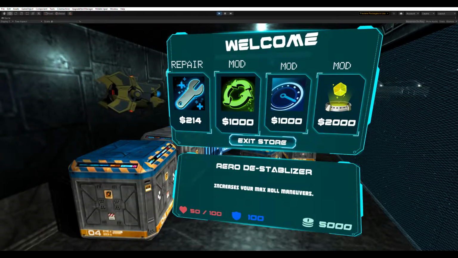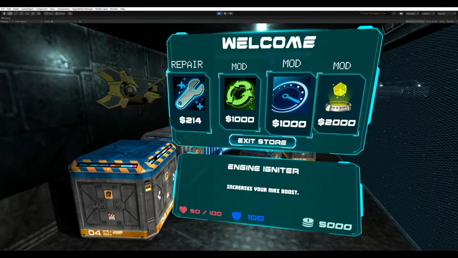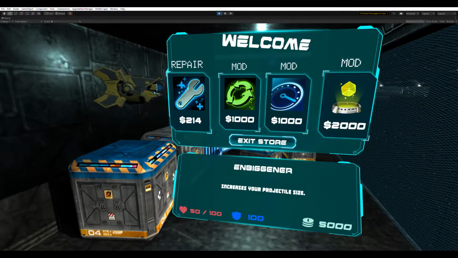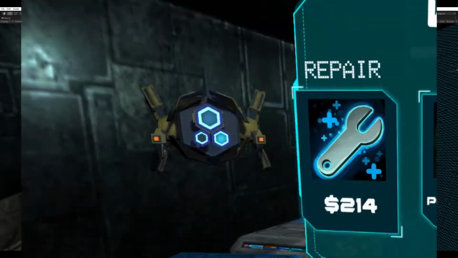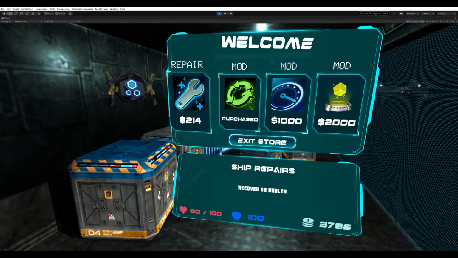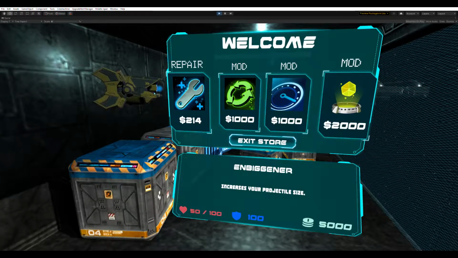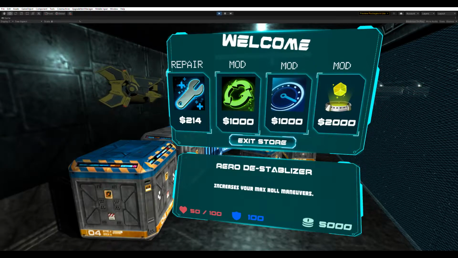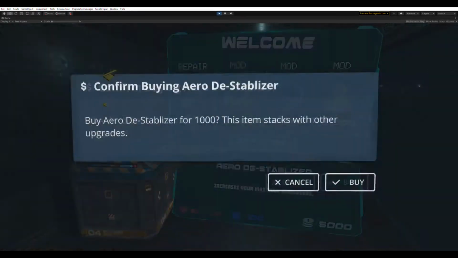So here's a quick look at the store. I created basic animations using the .tween library. I found this little droid guy on the asset store and gave him some neon. He is the store shopkeep and chirps at you when you buy stuff. Here we have cards. Each card is randomly selected when you load the store. I also saved that selection so if you quit the game and come back, you have the same ones to